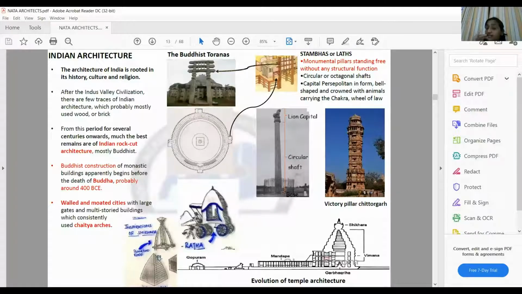That can be replicated or inspired in your Buddhist architecture, where you will observe that the material usage will be different. It is mainly the usage of stones, and they also had walled and moated cities. And you can observe that they started using arches that were again designed under